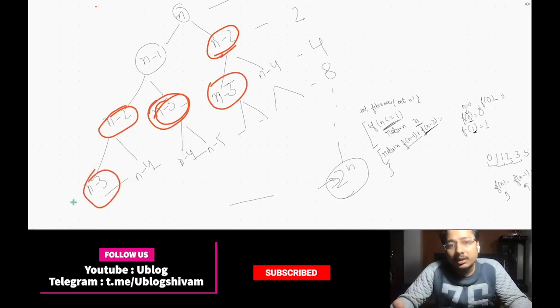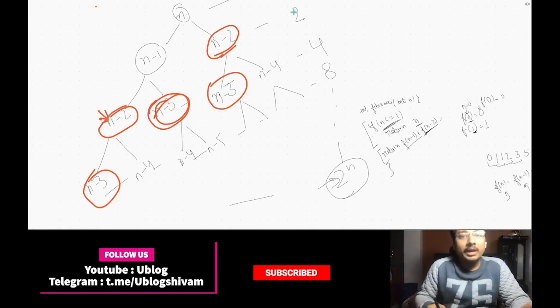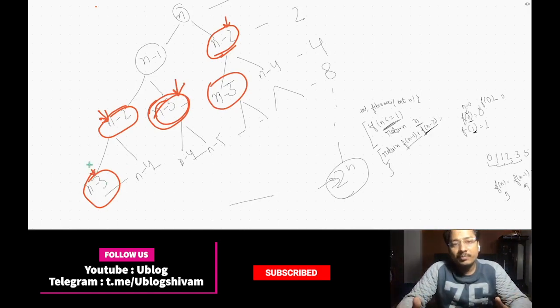So what we are doing is, once we have calculated n minus 2 here, we again calculate n minus 2 when we are here. And similarly for n minus 3, at this point we calculate n minus 3, but then again when we are here, we are calculating n minus 3 again. So this is very bad coding practice. Whenever we have calculated something, we don't need to calculate it all over again, because that's just a waste of time.